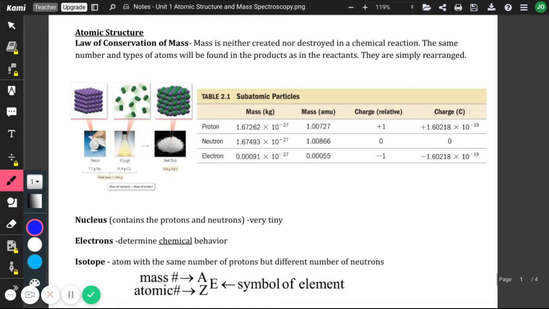Okay, you can rearrange them. So I could start with 1 carbon and 2 oxygen as a reactant, and I could produce a carbon dioxide as a product. But again, I've got 1 carbon and 2 oxygen on the reactant side, 1 carbon and 2 oxygen on the product side. Okay, all right. So with that being said,